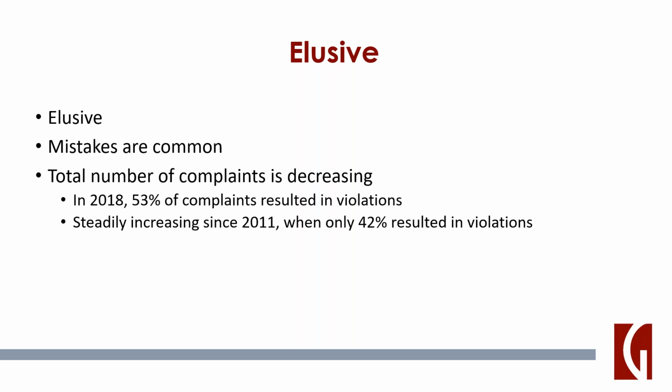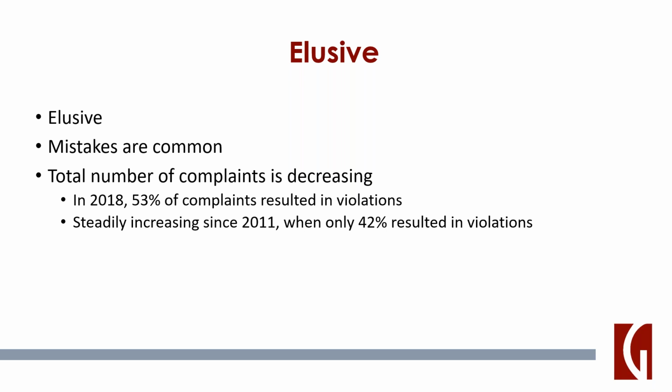So despite its use and despite the fact that it's been around for more than a quarter of a century, the FMLA still seems as though it creates a number of problems for employers and HR representatives. It seems that mistakes are incredibly common, and they can run a gamut of issues from not providing employees the notice that is required, to not counting leave appropriately or not allowing leave under given circumstances.